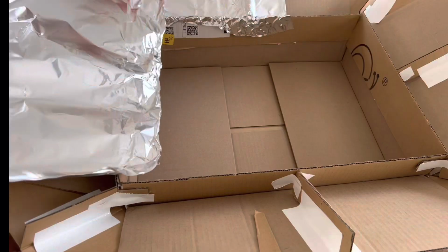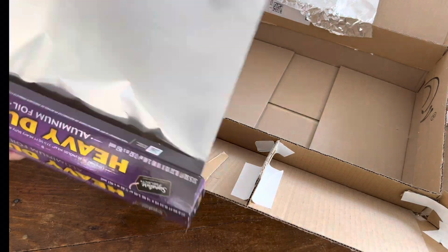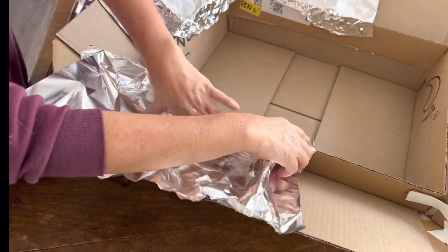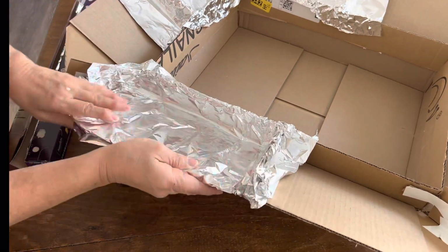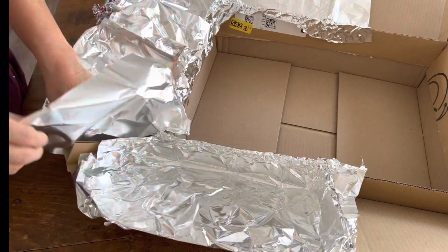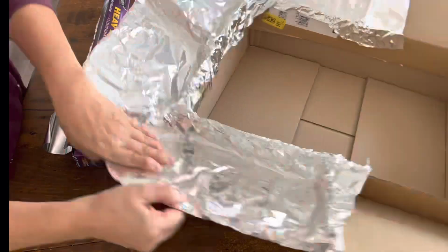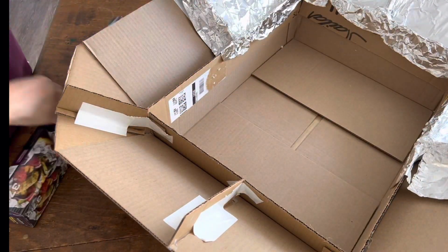So I took everything out, and now you're ready basically to cover all the cardboard with some aluminum foil. And the aluminum foil that I had was the heavy duty one, which I'm glad I used, so then it doesn't rip when you're folding it through all the nicks and crannies of that cardboard. You don't want the cardboard to get greasy and stained. So I covered it all with